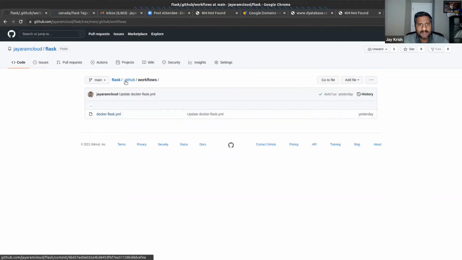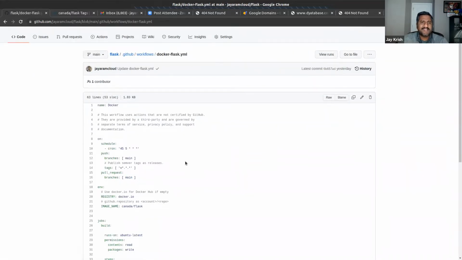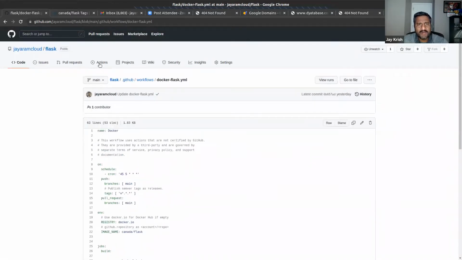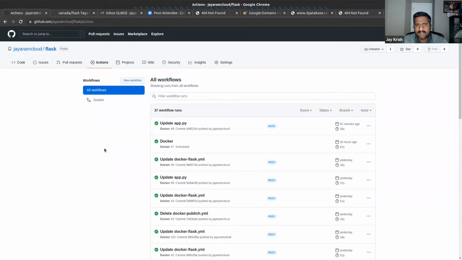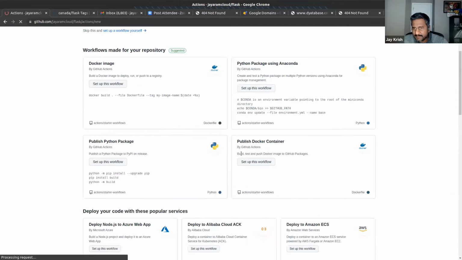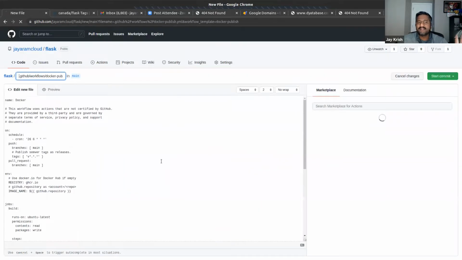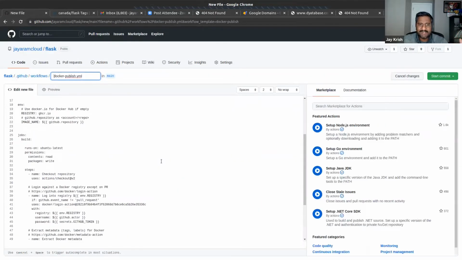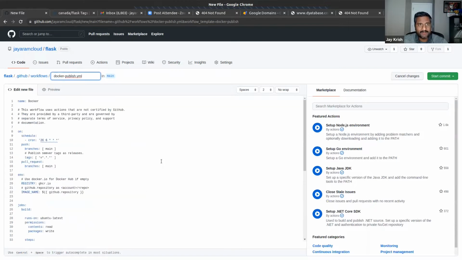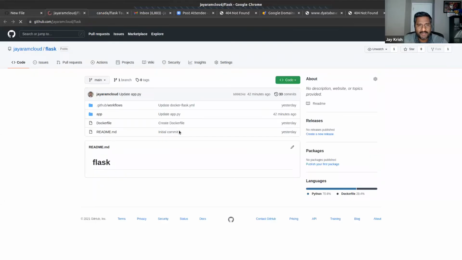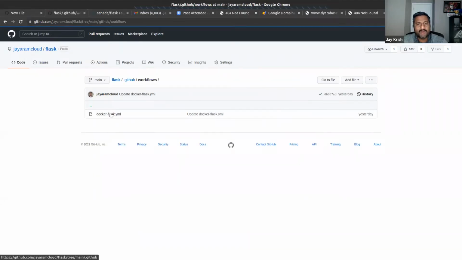What this GitHub workflow does is, this is actually a standard template. If you want, I will show you how I created it. I created an action. I created a new workflow, and then I said build, test, and push Docker image to GitHub Packages. When I click this, set up this workflow, it gives me all these file details. Okay. Now the same thing I took and used for my workflow.